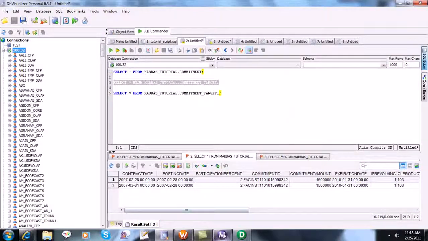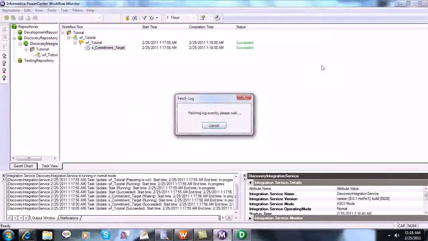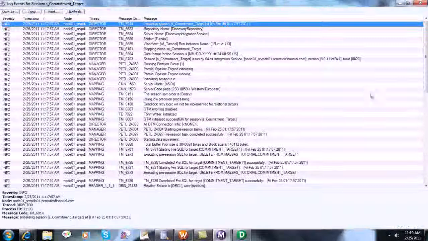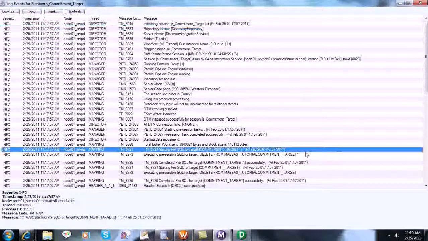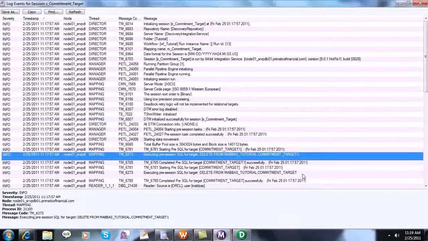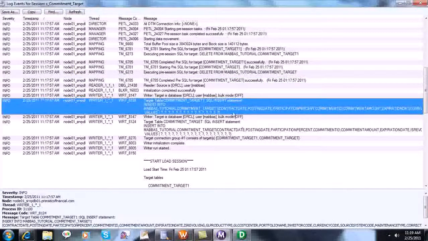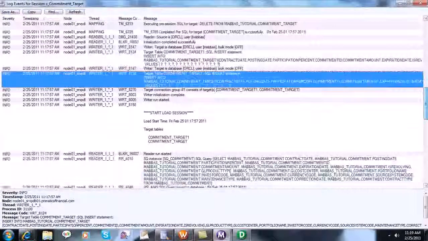Let's see the session log as well, so that we can have an idea of what additional commands it performed. So here we can see 2 pre-execution SQL, 1 delete for target, 1 delete for target, 2 insert statements, 1 select statement, and then it was distributed into 2 tables, right?